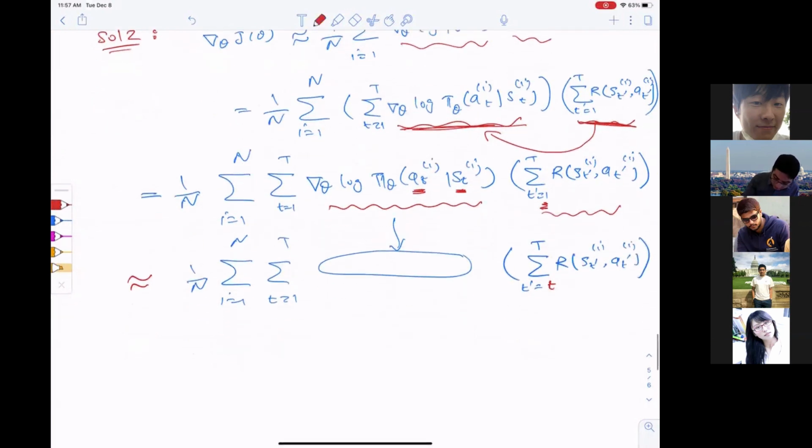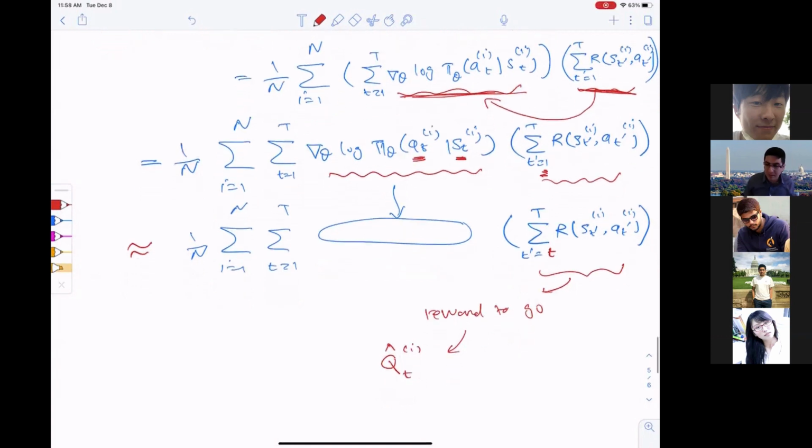So this is called reward to go, and often referred to as the Q function. And remember, Q is basically a sum of the reward functions depending on a state and an action, right? And that's exactly one sample approximation of the Q function at time t. That's why I'm going to put a Q hat, and that's one sample for a particular trajectory i. So it turns out using this approximation actually helps in practice.